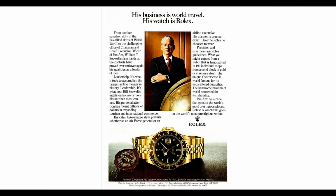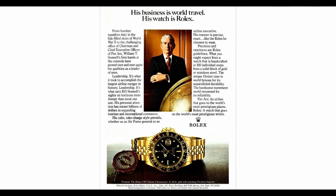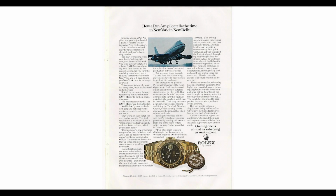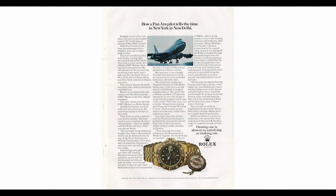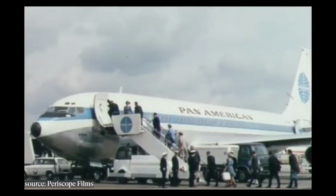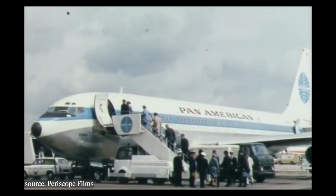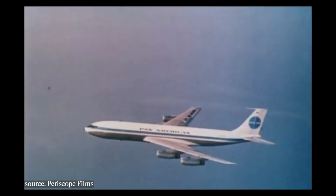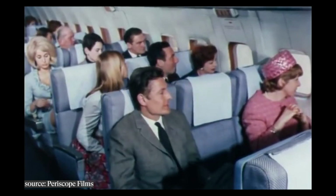One, even though the GMT is a sports watch, I think the cool thing is that the GMT is also kind of an executive level watch. If we think about Pan Am and the jet age and the executives that were flying, I think it makes sense that the watch be produced in a much more noble metal than just in steel. And that's kind of an interesting little side facet of the GMT,